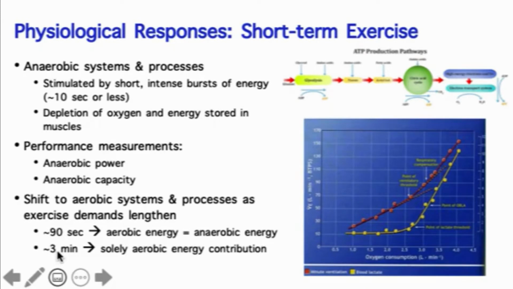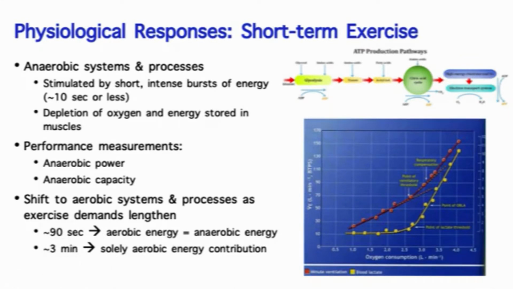Once you get to about 3 minutes of exercise, though, you are mostly guaranteed to have solely energy coming from aerobic processes. So yeah, we're just highlighting this shift that happens. Anaerobic power and capacity are going to be reliant more on glycolytic processes, less oxygen, or we don't need a lot of oxygen for those things to happen. But as time passes or the exercise duration lengthens, we need to utilize more oxygen, thus the shift to aerobic